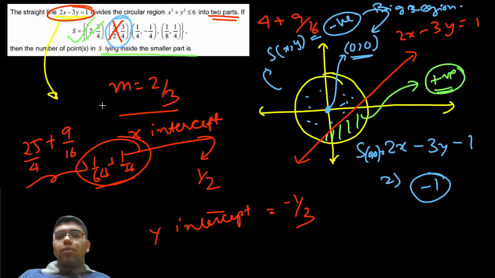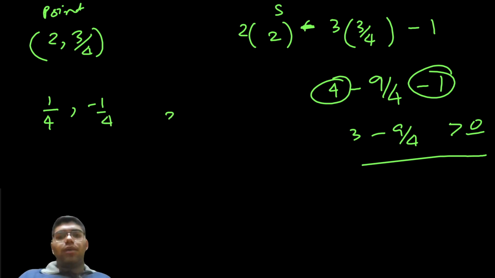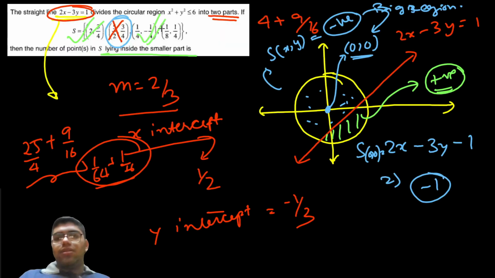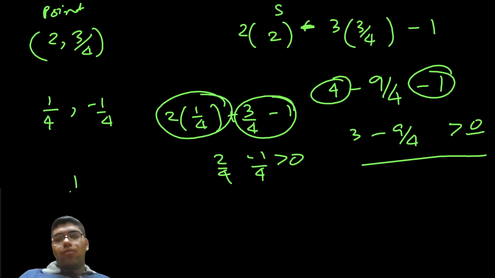So this is 1 by 4 comma minus 1 by 4. तो स्टूडेंट आप ये यहाँ पर देख सकते हो 2 इंटू 1 बाय 4 माइनस माइनस प्लस 3 बाय 4 माइनस 1, तो ये कितना आ गया माइनस 1 बाय 4 आ गया यहाँ से, और ये कितना आ गया 2 बाय 4, तो ये भी पॉजिटिव आ गया। तो बढ़िया, सी पार्ट भी सेटिस्फाई कर गया, मतलब ये पॉइंट भी जो है 1 by 4 and minus 1 by 4, I mean to say this will be in the positive region, implies that this is our required answer. So now what about 1 by 8 and 1 by 4?